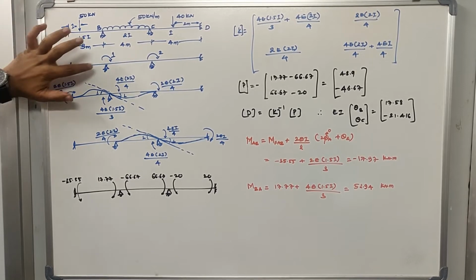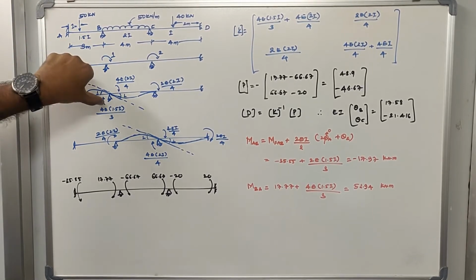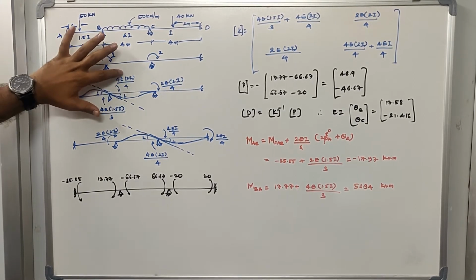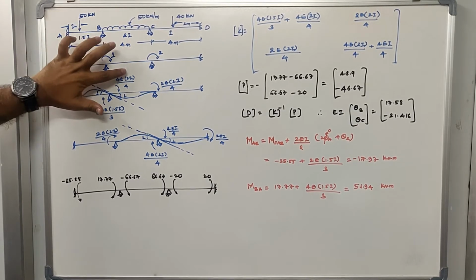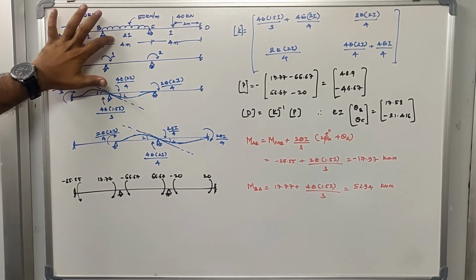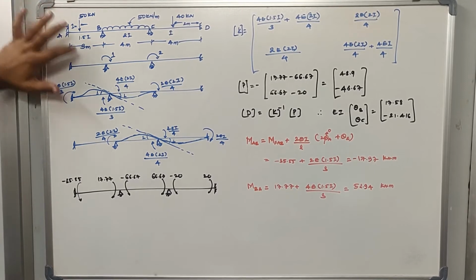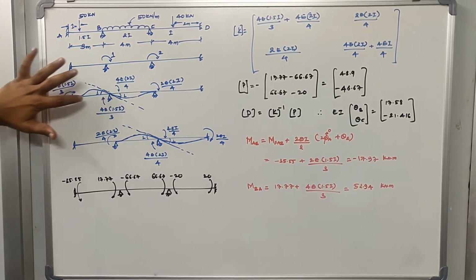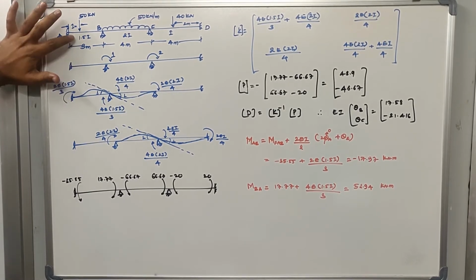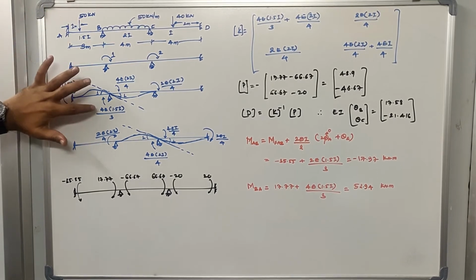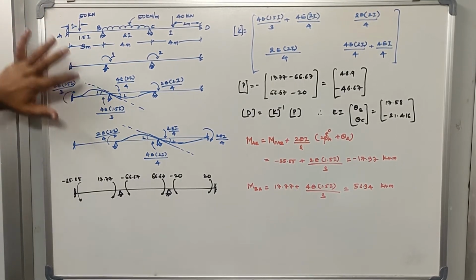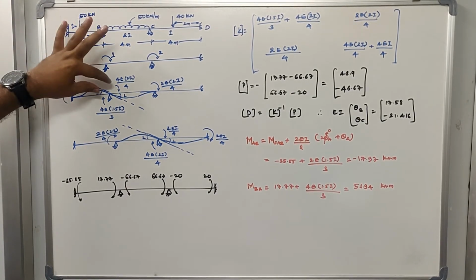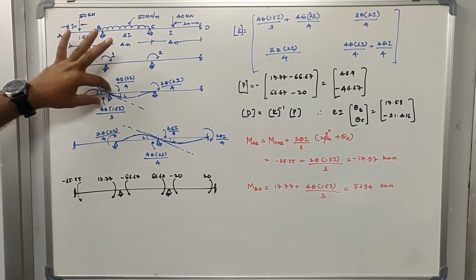As we know, this is the joint B. At joint B, I'm applying a unit rotation. Then the moment created for span BC is 4E into I value, which is 2I, so 4E into 2I divided by the length of member BC, which is 4 meter, right? This is the moment created because of unit rotation for span BC. Now going to span BA, here the I value is 1.5I and length is 3 meter, so this will become 4E into 1.5I divided by 3. This completes the forces generated at joint B because of the unit rotation at joint B.